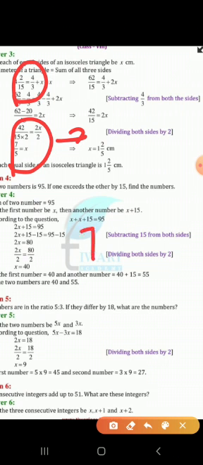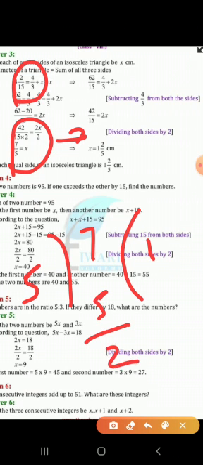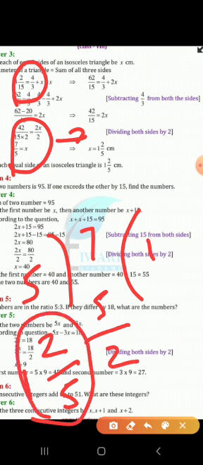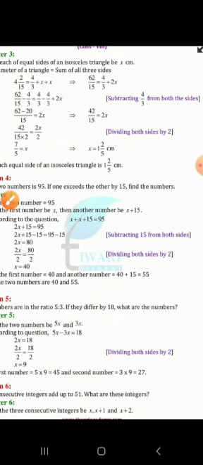Let us recall how we are converting 7 upon 5. 7 we are dividing by 5. 5 ones are 5, remainder is 2. So how to write it? This quotient 1, remainder 2 upon divisor, that is 5. So 1 whole 2 upon 5 centimeter. That is the length of the equal side. They were asking in the question what is the length of either of the equal sides. So both sides are equal. X we have found, the value is 1 whole 2 upon 5 and the unit needs to be written, that is in centimeter. So by this the question is over.